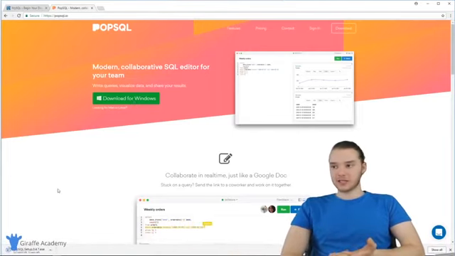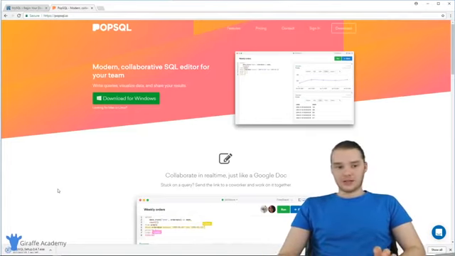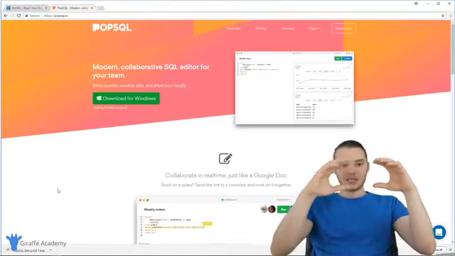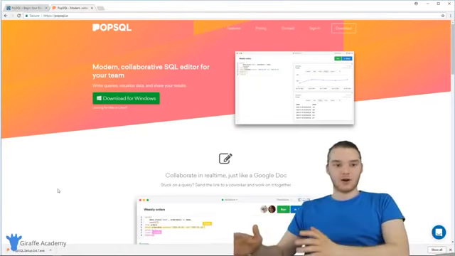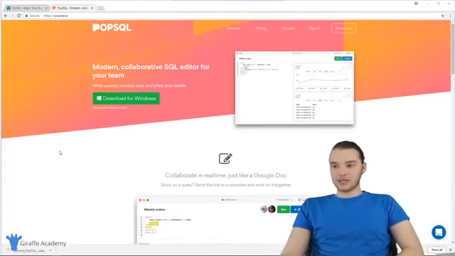So Pop SQL is cool. It's kind of like Google Docs, but for writing SQL queries. Now, we're not going to be using that functionality. We're just going to be using it as a text editor, but it's a great way for us to visualize the SQL queries that we're writing, and also what gets returned from those queries. So once that's done downloading, we can just click on it, and we're going to go ahead and run